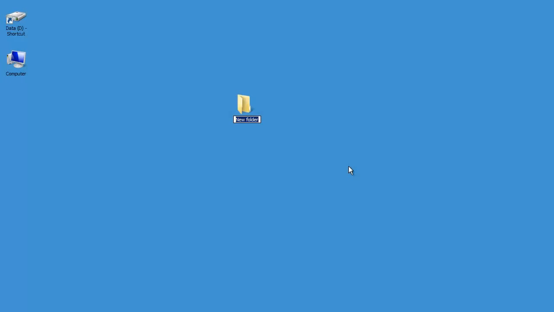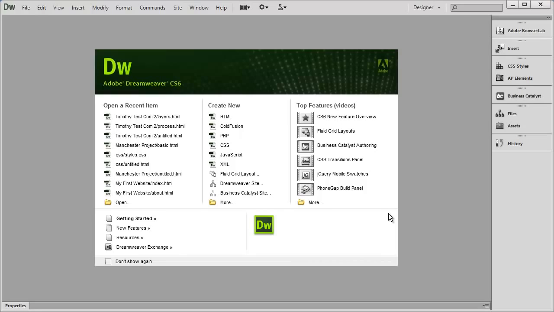If you're on a Mac, you'll go ahead and create a new folder just by going to the File menu. And I'm going to name this My First Website. You can name your folder whatever you want to call it. And there it is. Now I'm going to go ahead and go back into Dreamweaver,